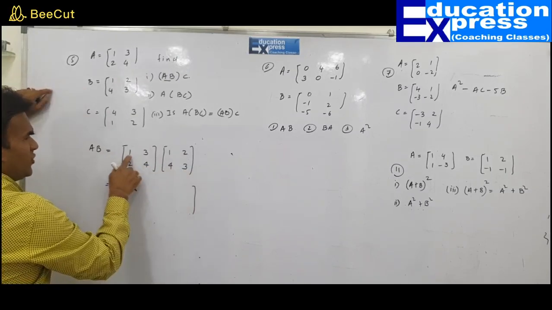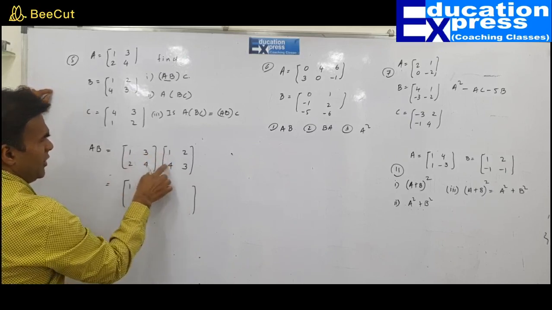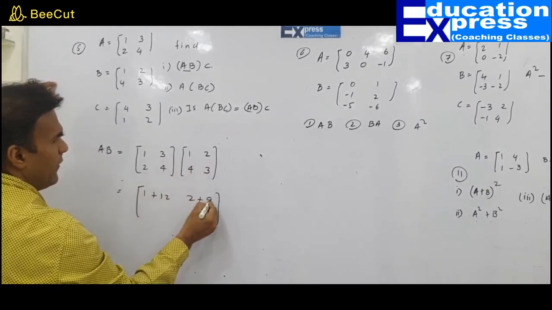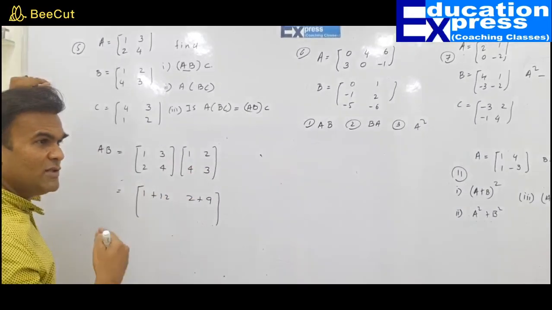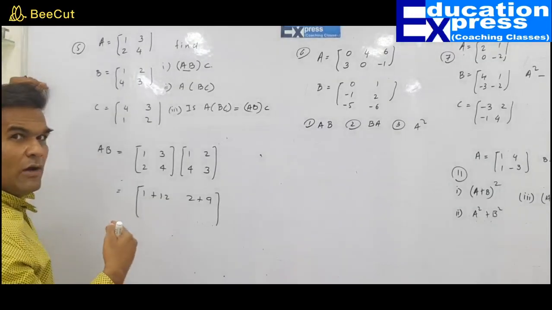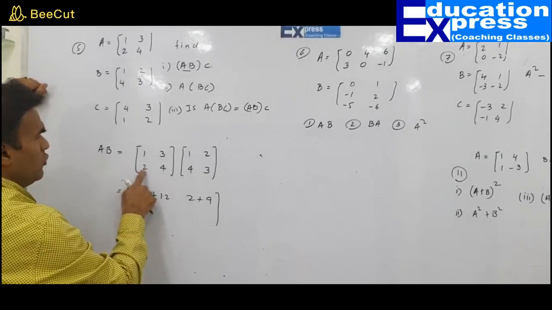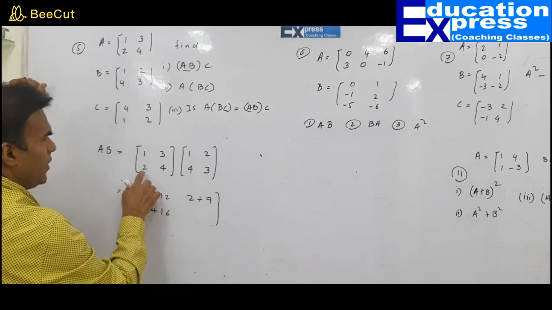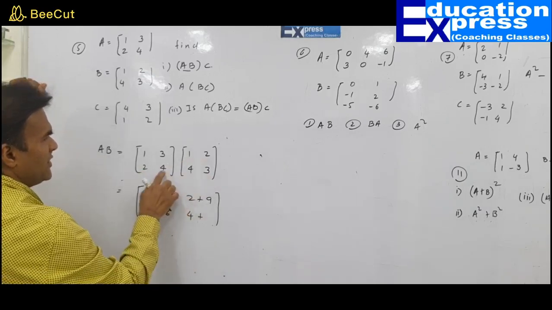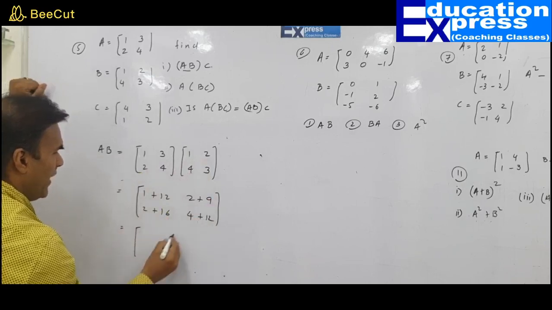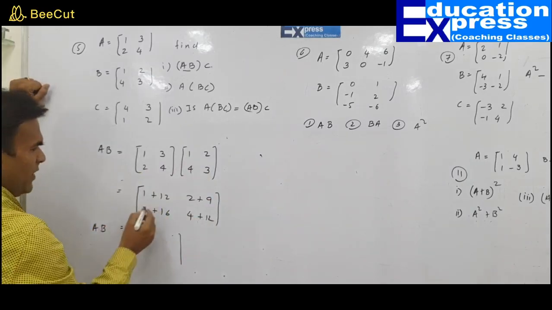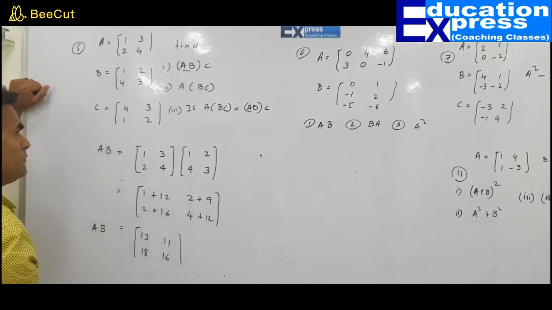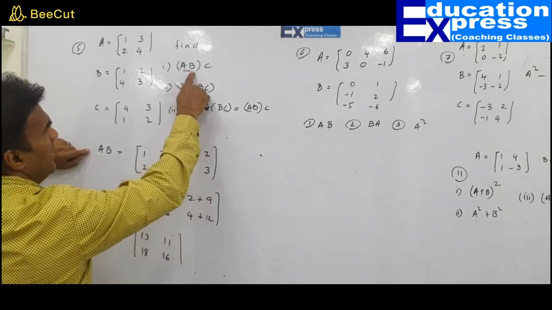So when we do multiplication, 1 into 1, 1 plus 3 into 4, 12. 1 into 2, 2 plus 3 into 3, 9. By now I am very sure, even you must have developed the speed of doing it so accurately with efficiency. Second row. 2 into 1, 2 plus 4 into 4, 16. 2 into 2, 4 plus 4 3s are 12. So when you find out, I am ready with my matrix AB, which is 13, 11, 18 and 16. What is the desired part? We have to find AB